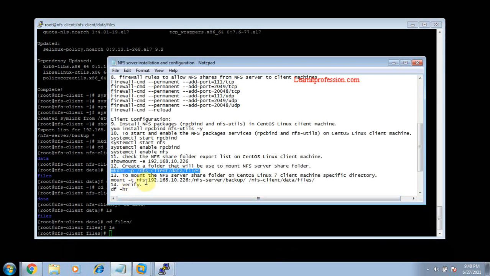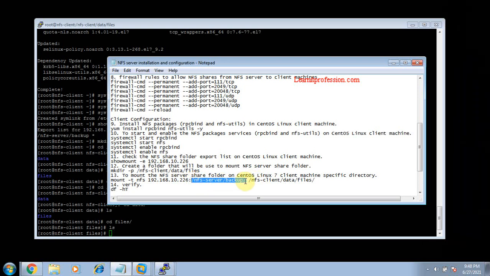Okay, the next step is to mount the NFS server share, that is /nfs-server/backup. Here you have remembered that we created a file with the name OS.